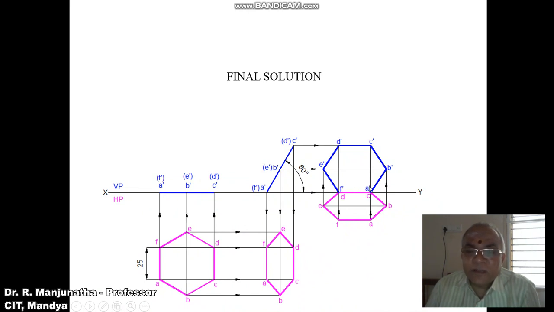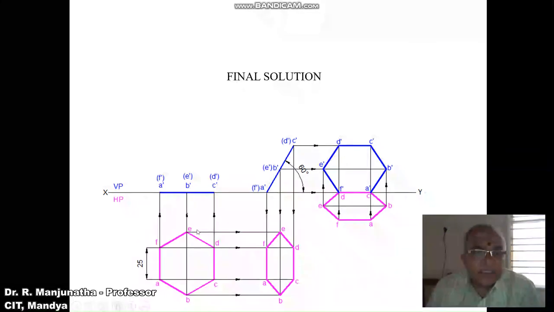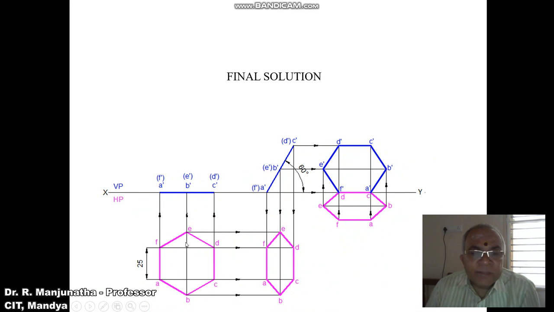So that means it is on the HP. And CD, the side opposite to the side which is resting on HP, is on VP. So CD will be on VP. And the surface makes an angle of 60 degrees with respect to HP. And this is a hexagon of 25 mm. So this is how we will be able to solve the problem. And hence, since we have considered all the conditions given in the problem, the problem is